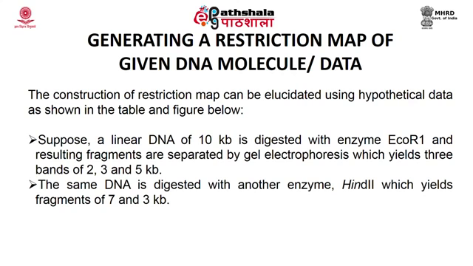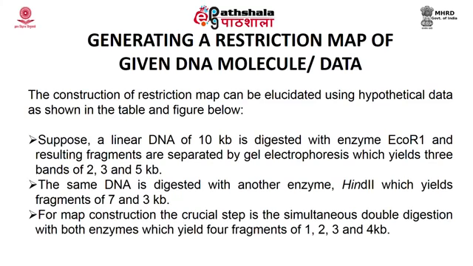The same DNA is digested with another enzyme HindII, which yields fragments of 7 and 3 kb. For map construction, the crucial step is the simultaneous double digestion with both enzymes, which yields 4 fragments of 1, 2,